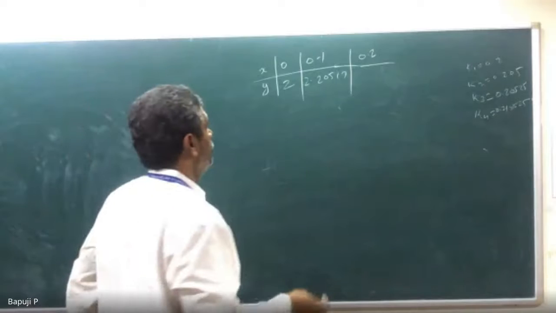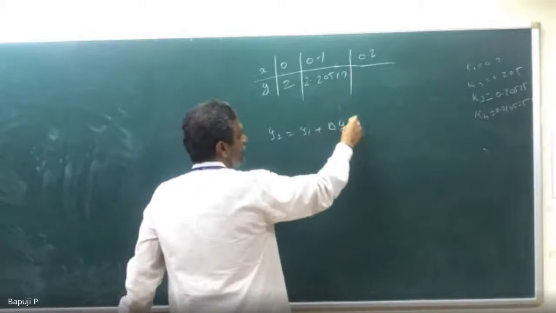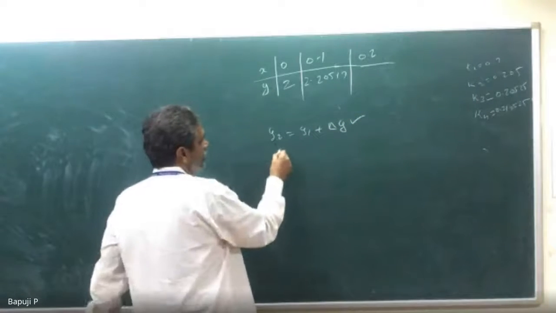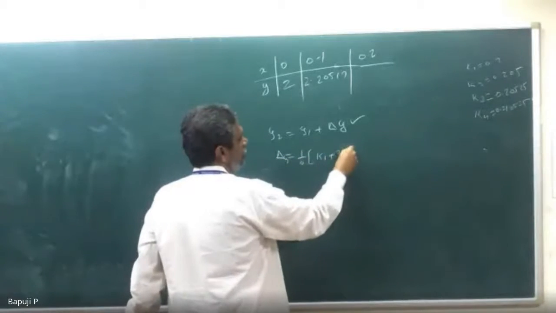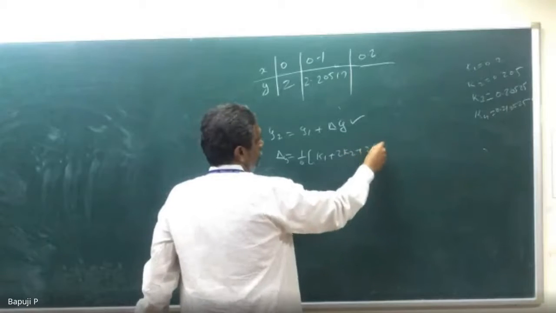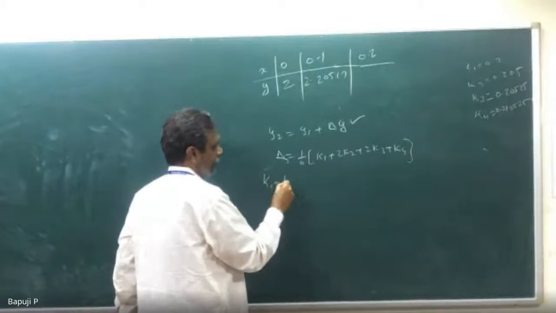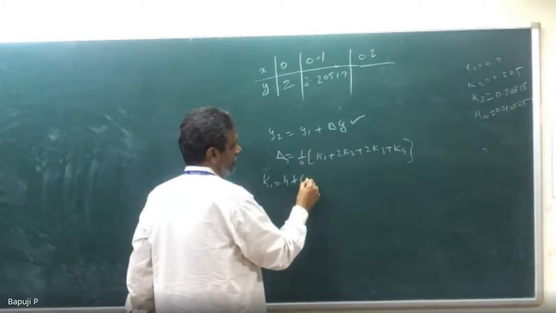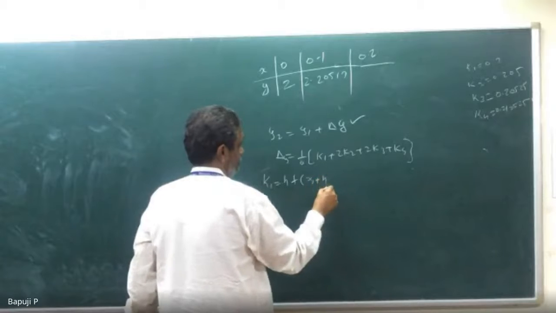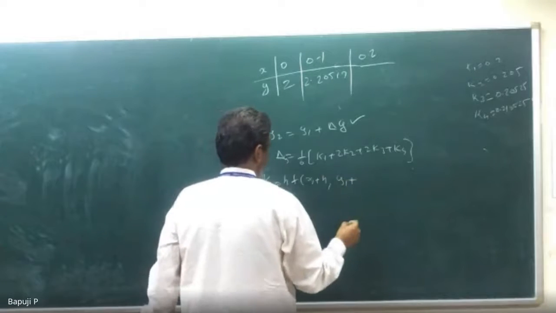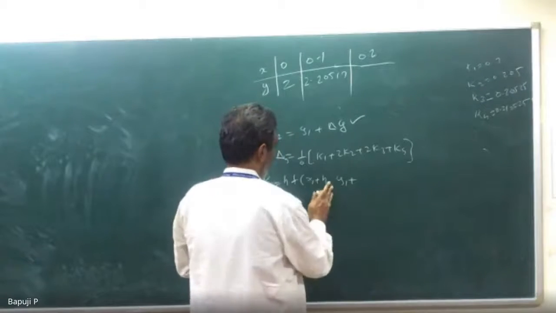So now actually y2 is equal to what you get: y1 plus delta y. This delta y I want to find out. This delta y is what again? 1 by 6 of k1 plus 2k2 plus 2k3 plus k4. Now who is k1? h into f of x naught, don't write, because we got it by 2. So x1 plus h, y1 plus f of x1, y1.